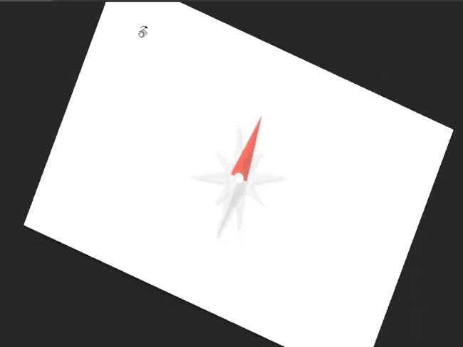Alright, so now we can rotate the layer using this tool. If I click the layer, a compass will suddenly appear on your screen. Alright, so if I move it to the right, the view will suddenly move from the right to the left, from the left to the right, from the bottom to the top.